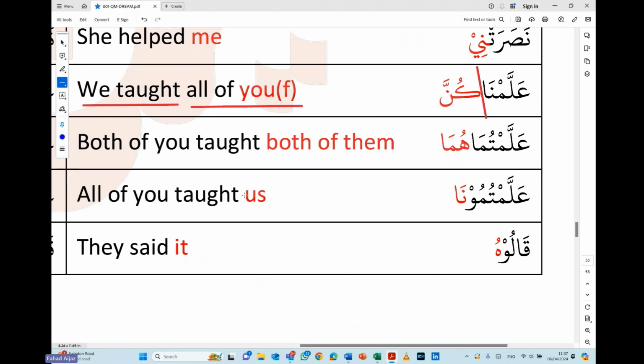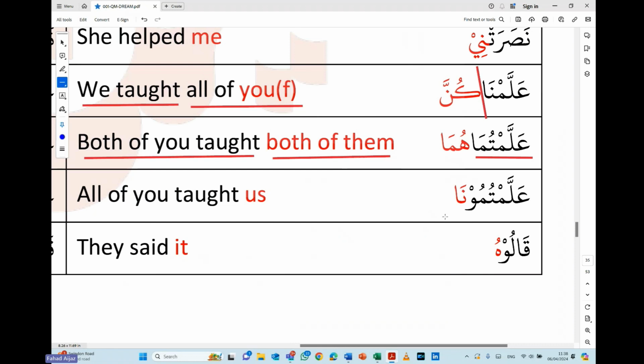Okay. One thing I want to say in this case as well: allamtuma, you will translate this as "both of you taught first," and then huma is "both of them." Now, how do we know if it is feminine or masculine? Because it looks the same. The context, the words around it, would tell us. There are two things I should tell you. So this one, for example,